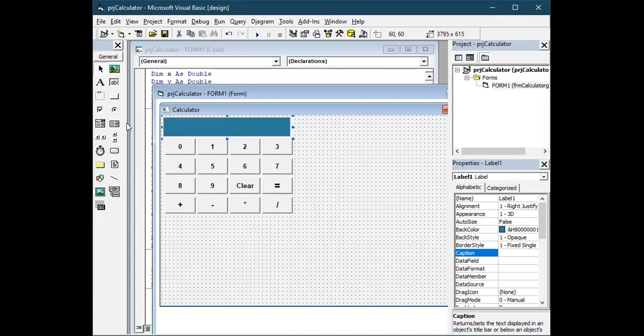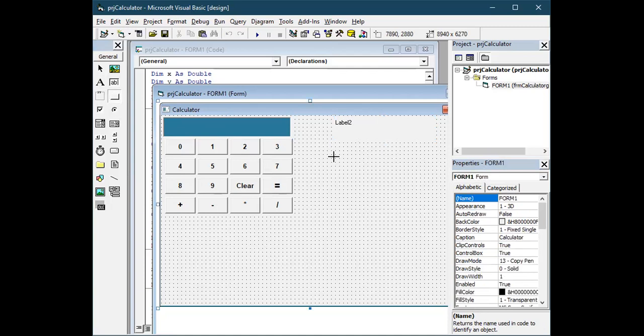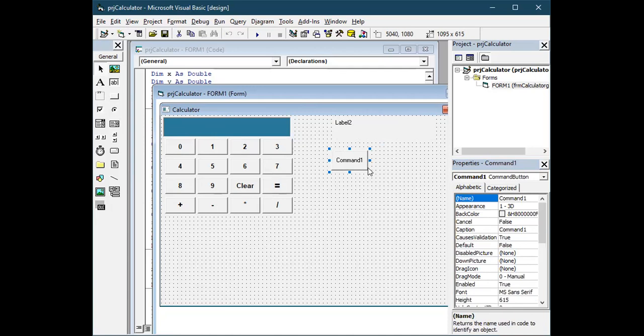First, place a label, change the back color and fore color, and the name of that is label 1. This is done. Next, for the buttons, take only one button and decide the size.